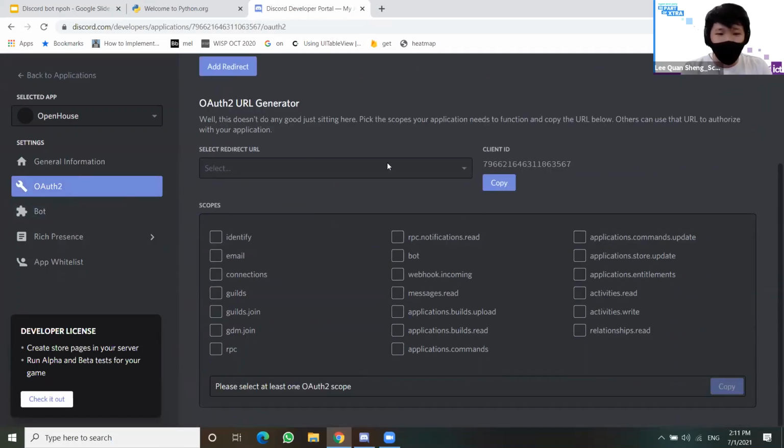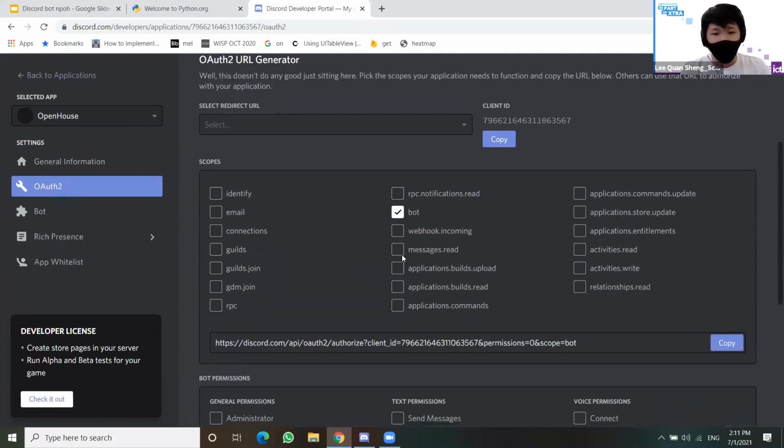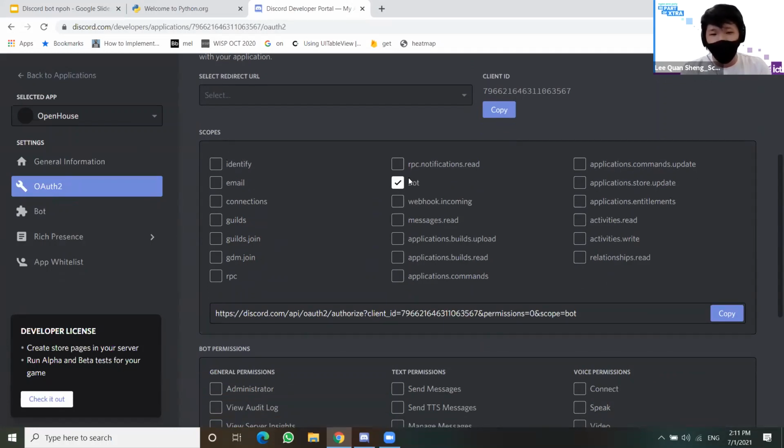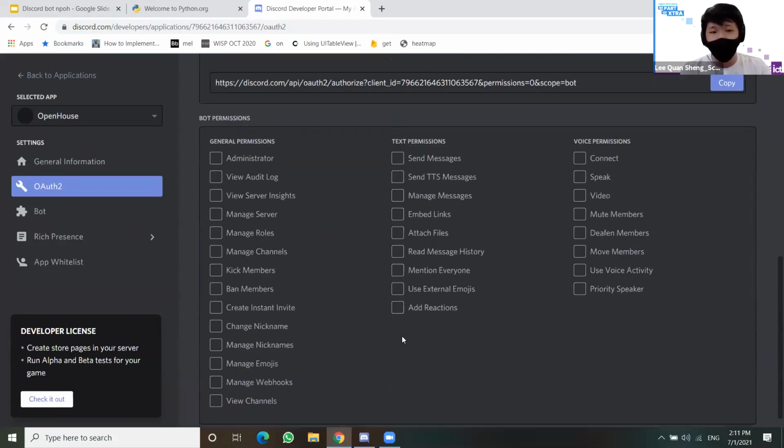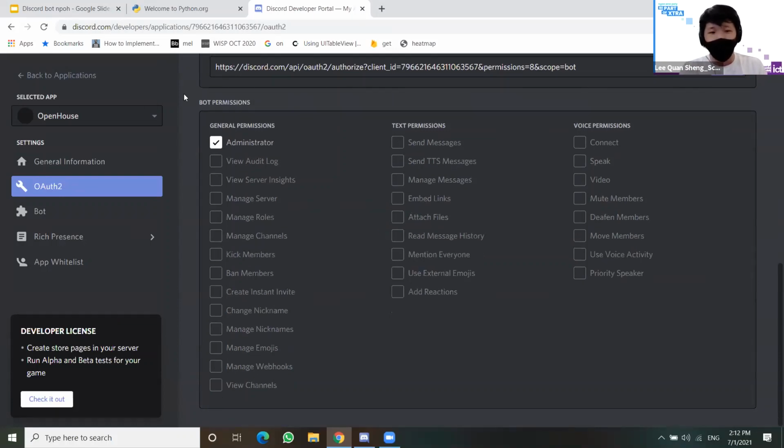Okay, so after creating a bot, let's go to authorization here. And then we're gonna select the scope, which is bot, because we are creating a bot. There are other different scopes, but what we're focusing on is just bot. And then for bot permissions, these are the permissions that you can give to your bot, so the bot can do certain things in your server. These are the permissions it needs in order to fulfill the program that you write. But for today, we're gonna make things simple. Don't need to select one by one. We just click on administrator. It's a bad practice, but to make it easier to test out the bot, we just give administrator, right? And then we can explore how a Discord bot works. After clicking on administrator,